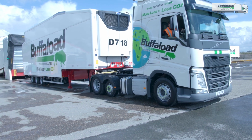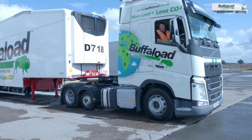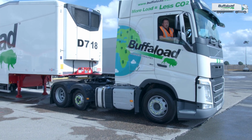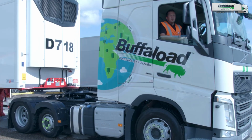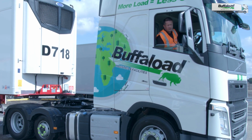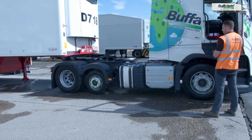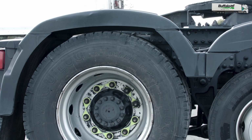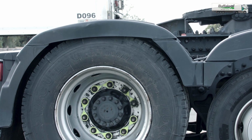At this point then, I'm just going to make sure that my fifth wheel is lowered so that it will not collide with the trailer and it will go underneath. Sometimes this is hard to see from the vehicle cab, so I'm going to get out and utilise the controls from the ground. At this point then, I'm happy that the fifth wheel has been lowered enough so that I can go underneath